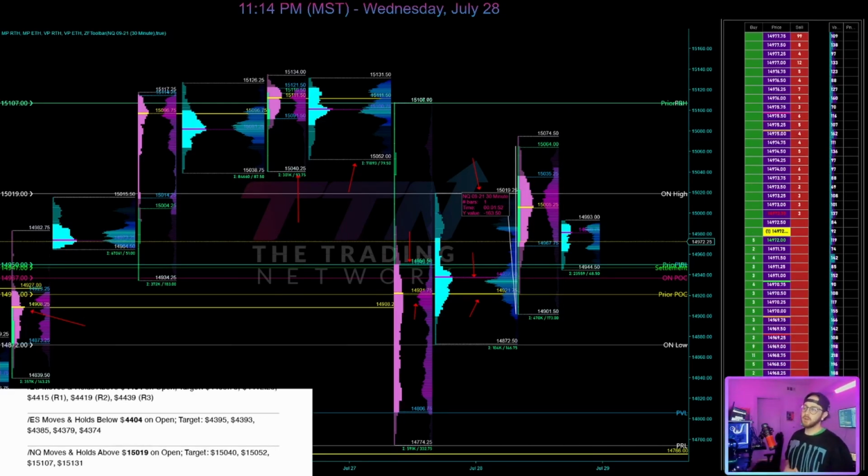So all in all, pretty rangy day, even though on NQ it was a very wide range comparatively to ES. So on ES, no upside targets hit. We had some downside targets hit on ES. And on NQ, we had both upside and downside targets. So there was immense opportunity as long as you were able to stay conscious of the divergence, the major levels,